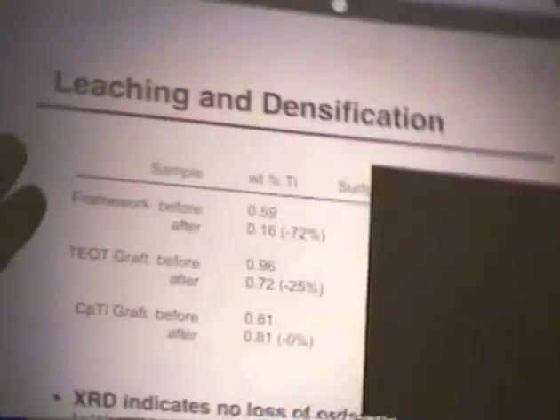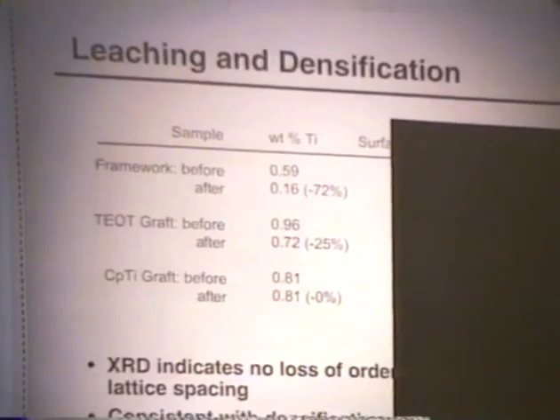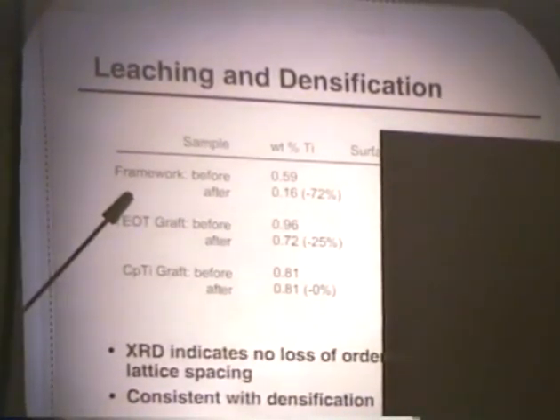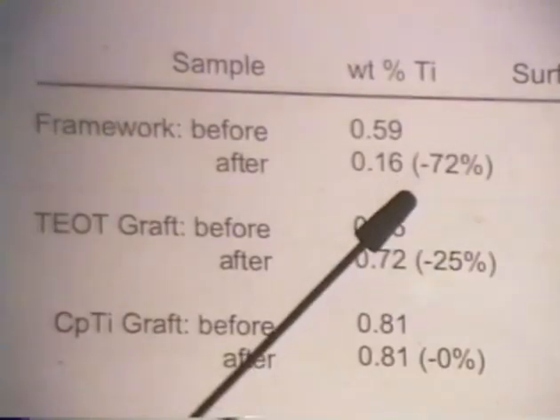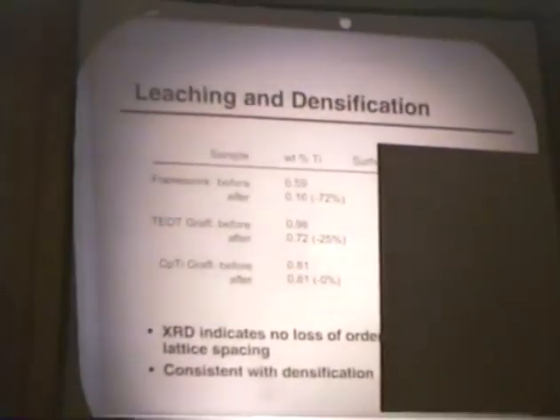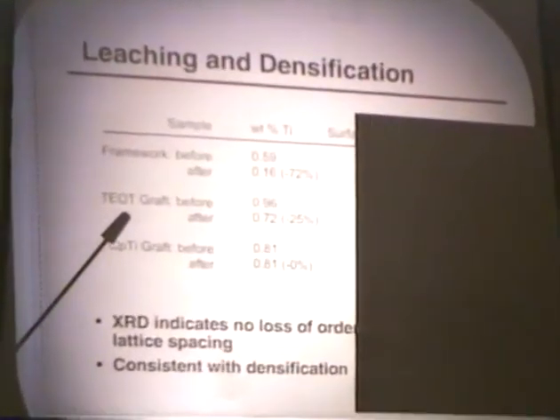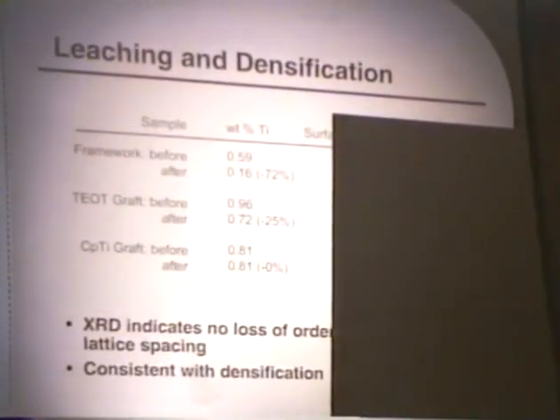It turns out that deactivation has nothing to do with loss of titanium. One looks at the framework material before and after 4 cycles. One loses 70% of the titanium from the material in bulk analysis. One looks at the tetraethyl material before and after. Again, this material loses about 25% of its titanium while it loses activity. However, the material made by the cyclopentadienyl titanium grafting onto the surface doesn't lose any titanium at all, but it is still deactivated. Okay, so whatever the deactivation process is has nothing whatsoever to do with the loss of titanium.